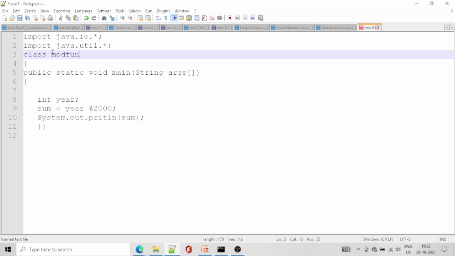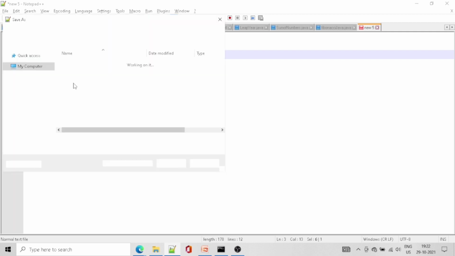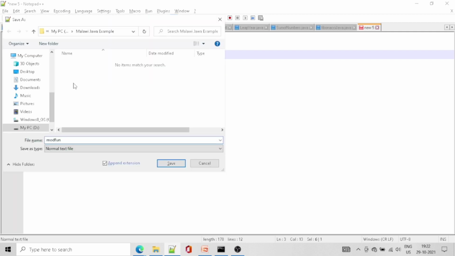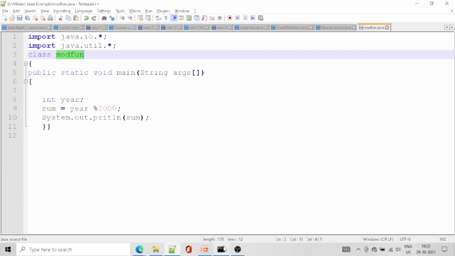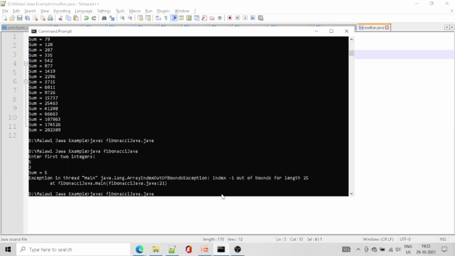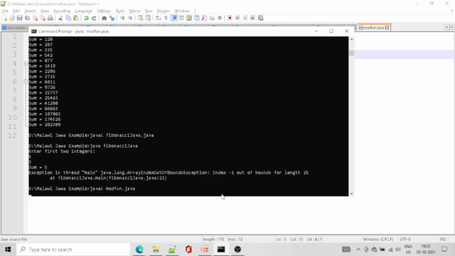Mod function. We are copying this modfun and pasting it here, declaring it as a Java file and saving it. Now we are going to try javac modfun.java.